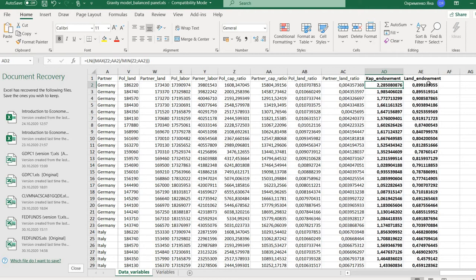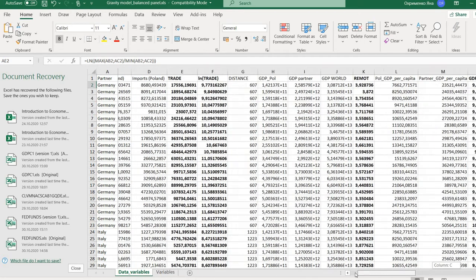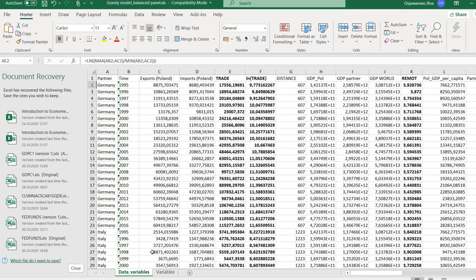So finally, land endowment was calculated analogously. For Poland and the trade partner, you take the maximum value of the land per worker ratio divided by the minimum value of the land per worker ratio and take the natural log. Ta-da! Okay, so what is missing in this model, because I estimated it using fixed effects,